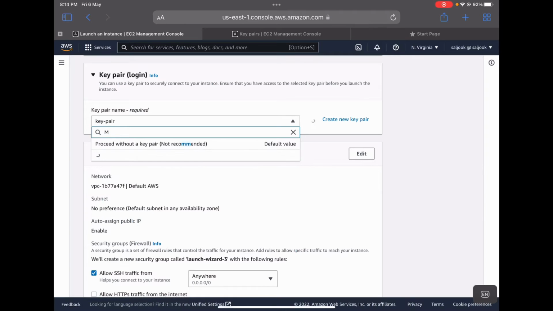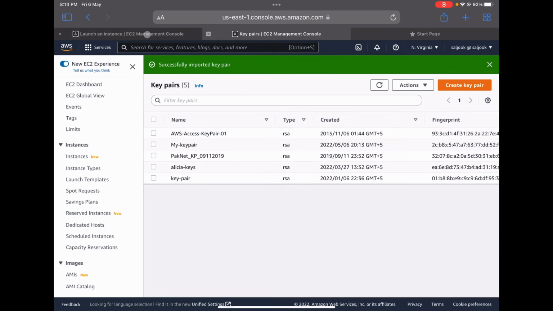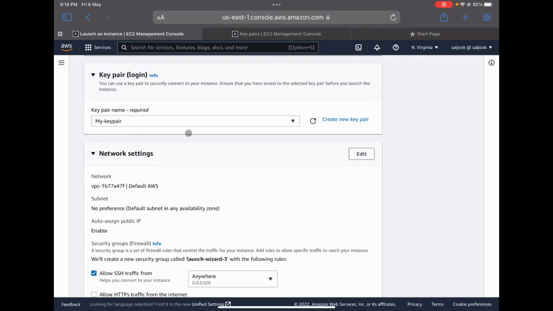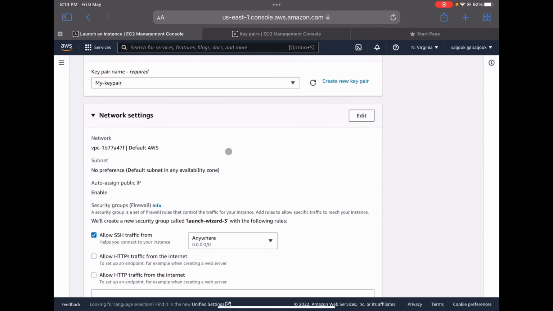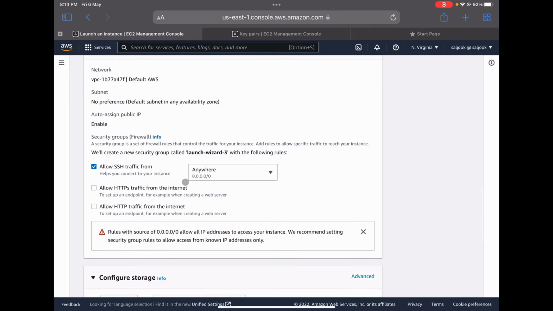It was my key pair. Yep, that's the one that wanted my key pair. That's the one we generated. So now that we've done that, network settings, pretty standard, and here you are going to also want to allow